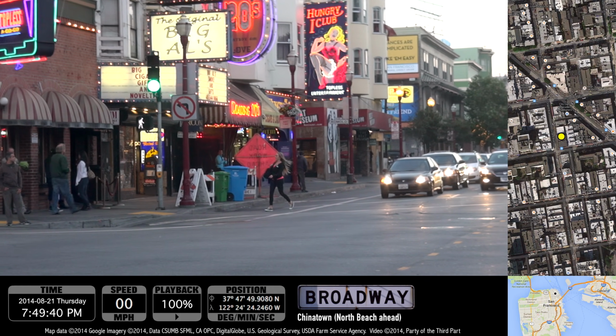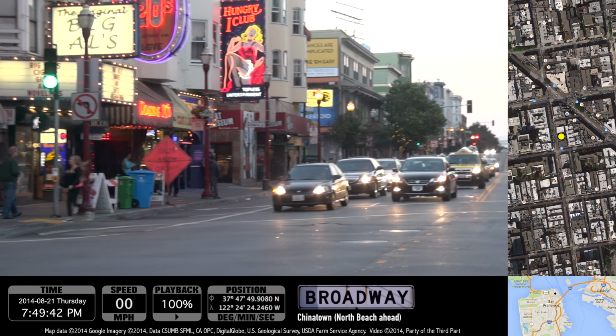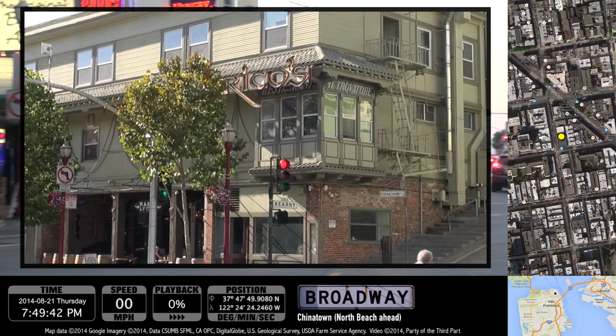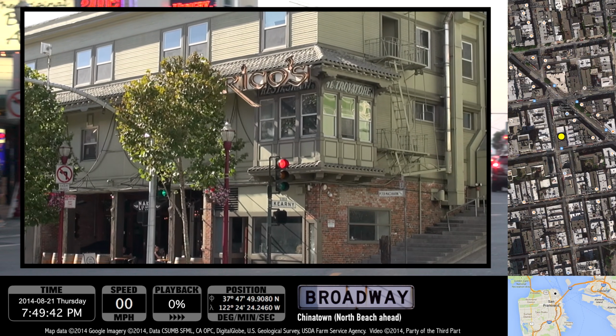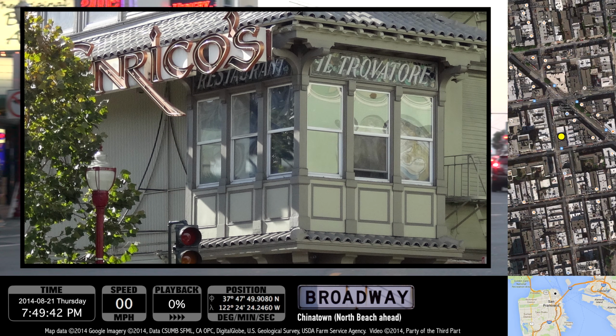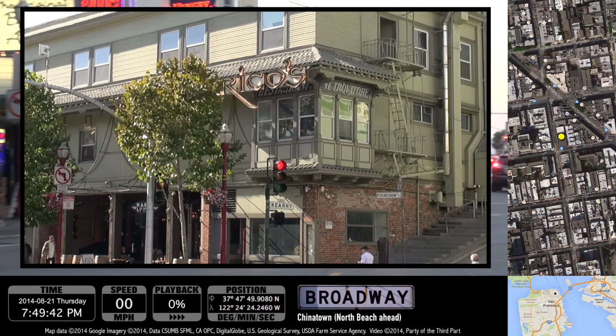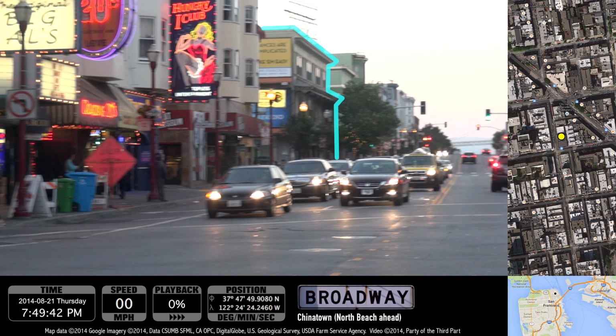San Francisco has been the scene for many movies, of course, and a number of San Francisco locations are famous because of it. In this building off to the left used to be Enrico's Italian Restaurant. It's no longer there, having recently closed, although the sign is still there. This has appeared in a number of movies, including Bullitt and the Dirty Harry movies. I specifically remember a scene in the Dirty Harry movies where Dirty Harry meets one of his informants in this restaurant, and they mention it by name, Enrico's.